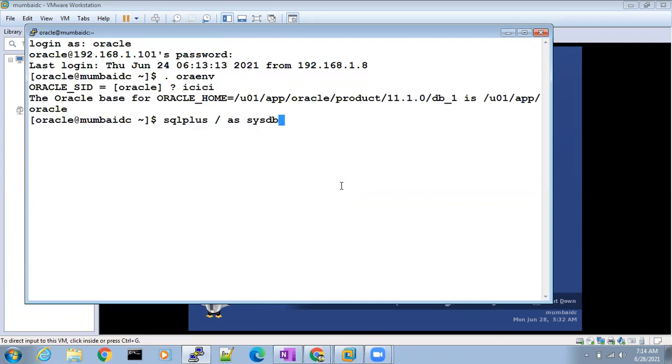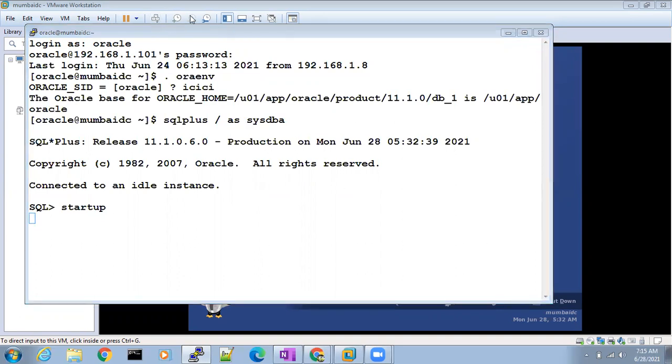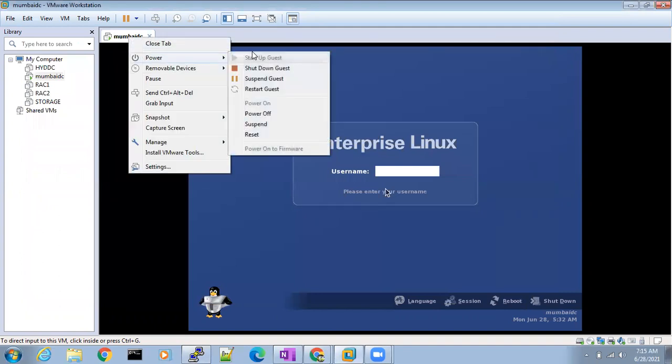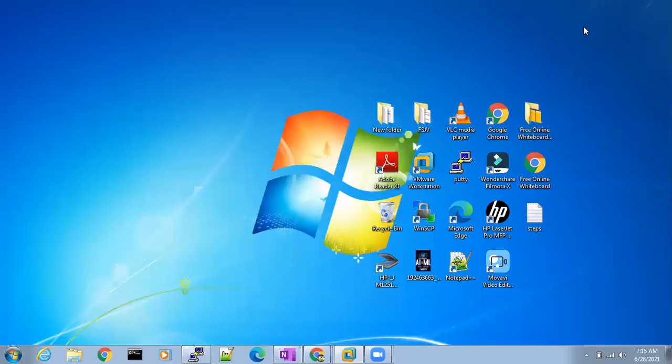As the database is down, we need to start the database. This is a daily job, only in our lab environment. The VMware or the server will not be shut down in real time. If it is down in real time, all the databases will be down and everyone will come and sit on your head.